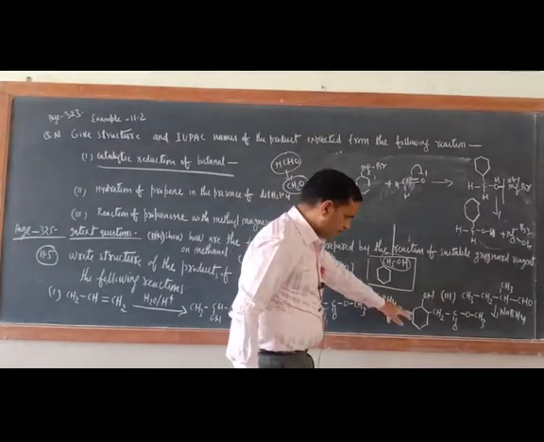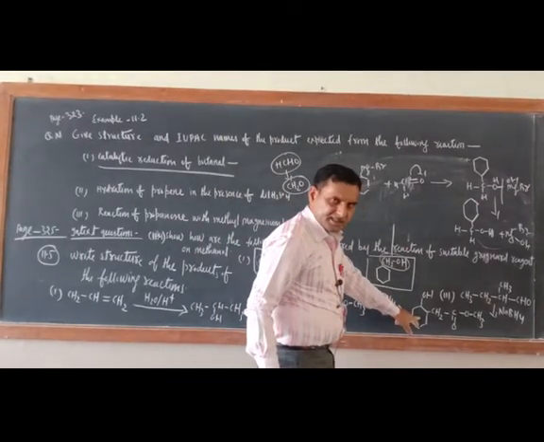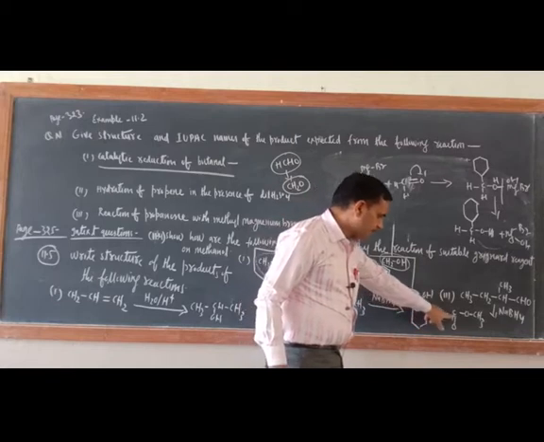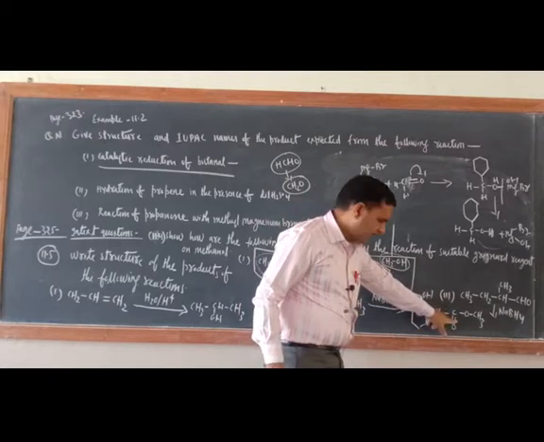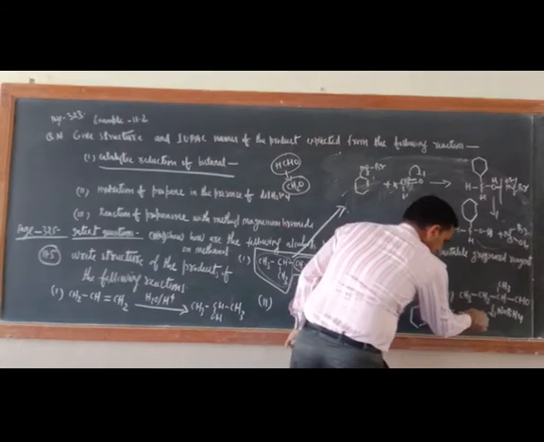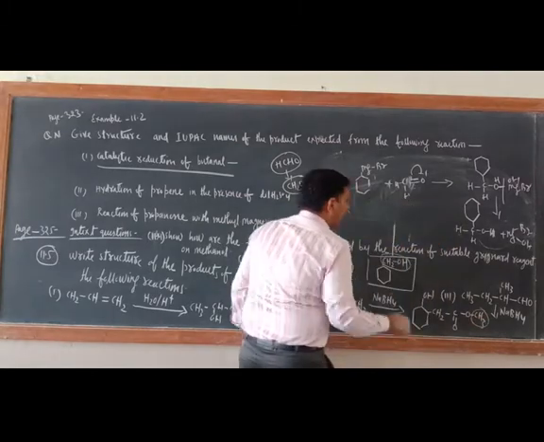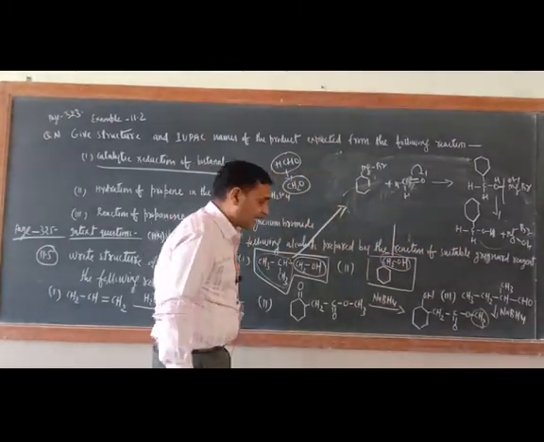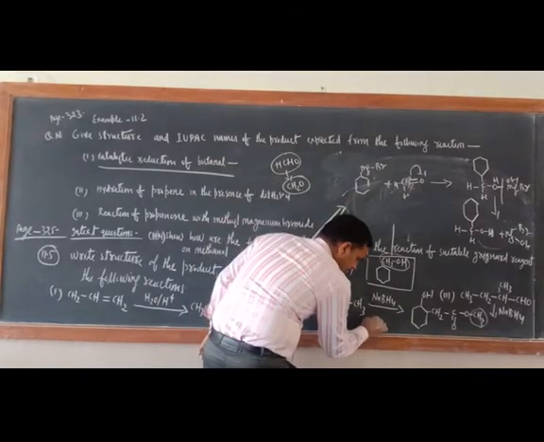Okay, now name also you can write here. What would be the name? Just guess. This is ester, and in priority order this is coming first. Okay, who is coming first? Ester. So this is methyl first. Alkyl alkanoate. In IUPAC system ester is known as alkyl alkanoate. So this is methyl.